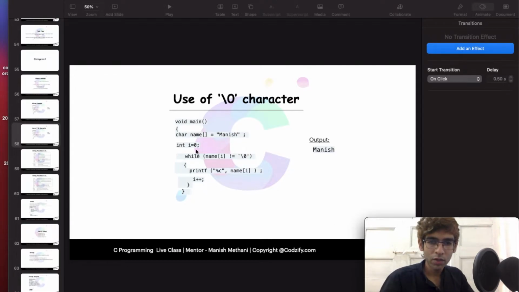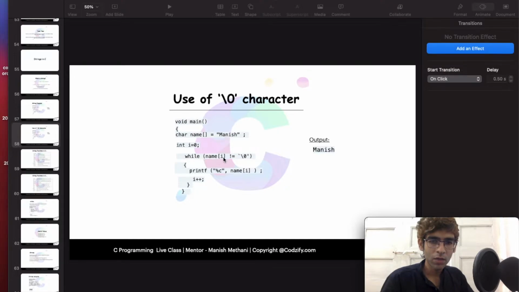There is one way we can execute this logic: by using the null character. This loop will continue till we find the null character at the end of the string. For example, i is equal to 0, name of i is M. M is not a null character, so M will be printed.